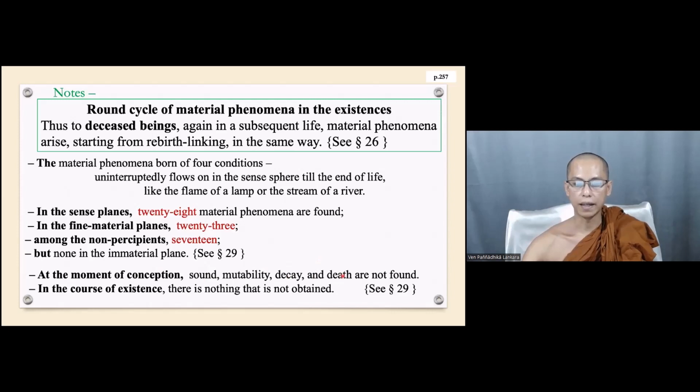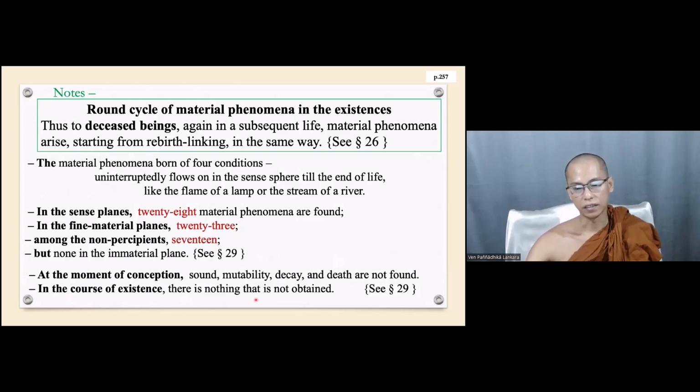The decay characteristic and death characteristic, in Pali jarata and aniccata, cannot be found at the moment of rebirth-linking. So in every slide, for the characteristic and space out of the cluster, we have to make it three: space, upacaya and santati. So in the course of existence, pavattikala,